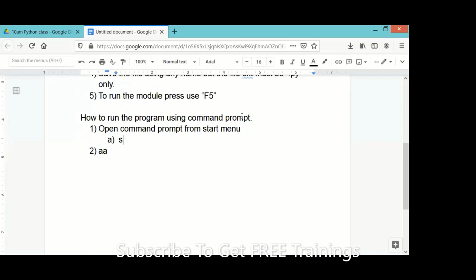Sir, go to the start menu in your system. In the start menu, type CMD and just press enter. That's it. Okay. Start menu, just type CMD and press enter. That's it. In the command prompt,